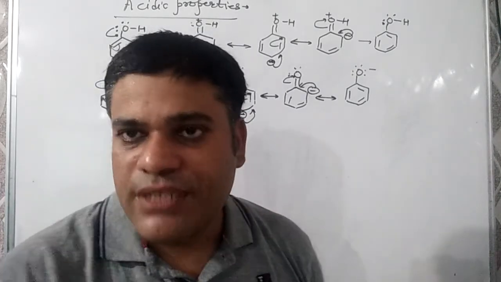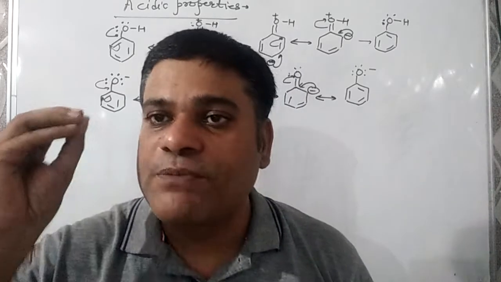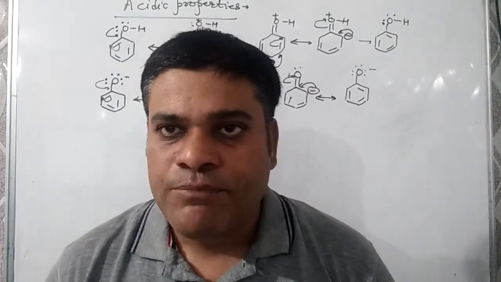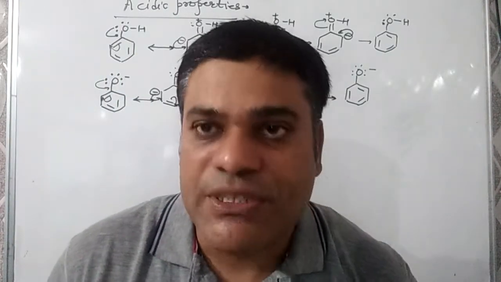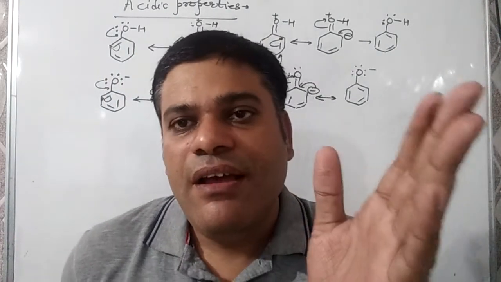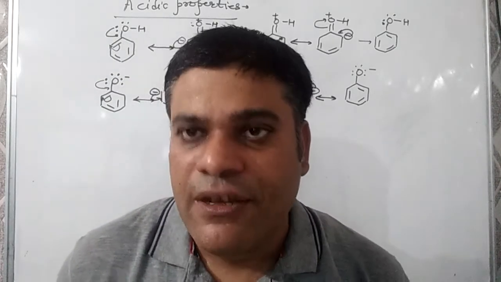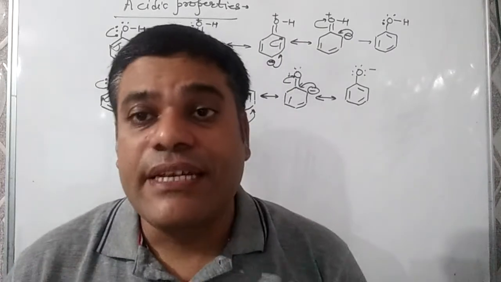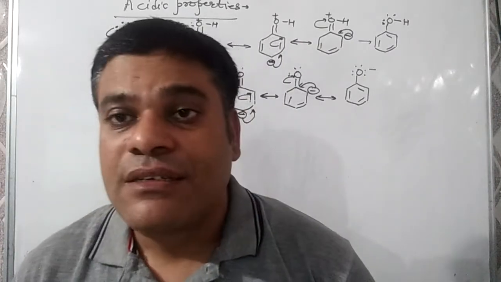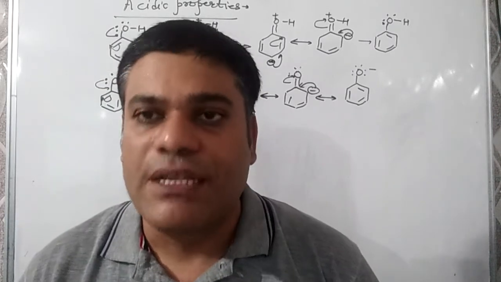Now we are going to discuss the effect of substituents on acidic strength. As already discussed in the basic concepts of organic chemistry, if an electron withdrawing group is present, then acidic strength might increase, while if an electron releasing group is present, then acidic strength will decrease. As well as, the acidic strength will depend on the position of the electron withdrawing group also.